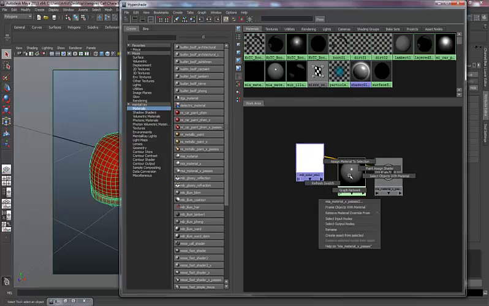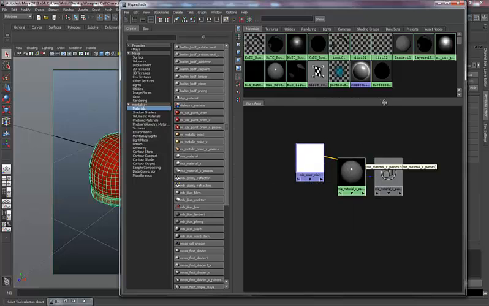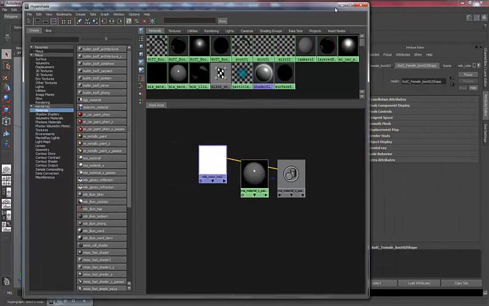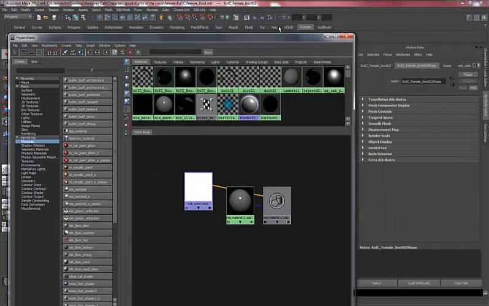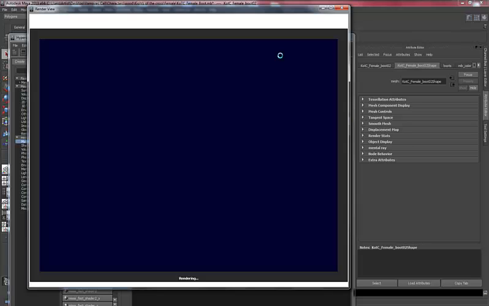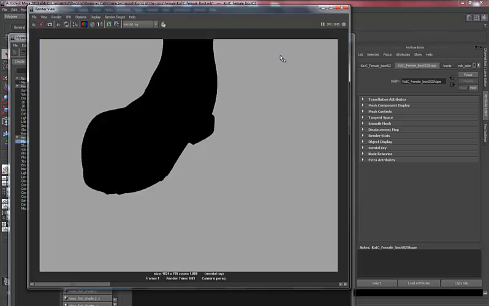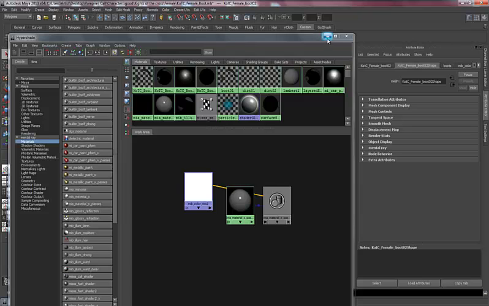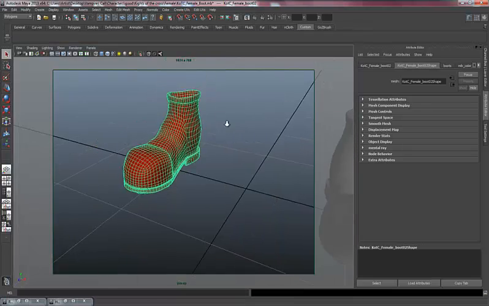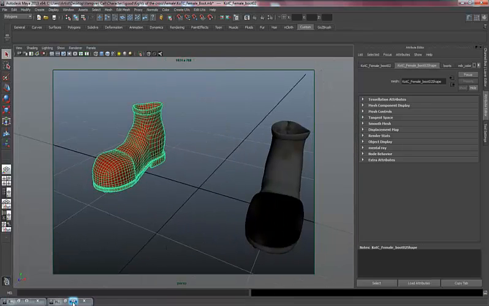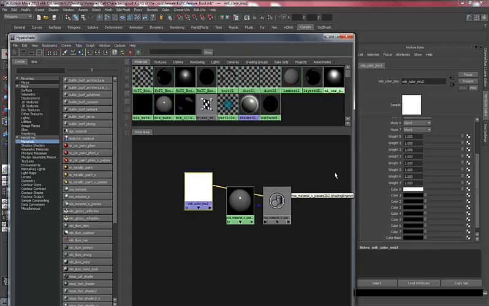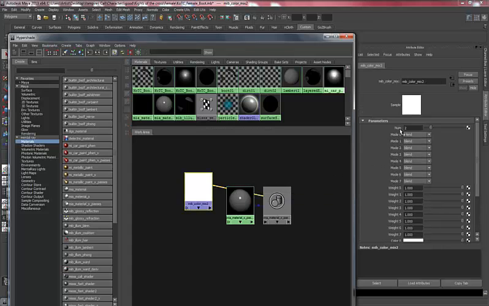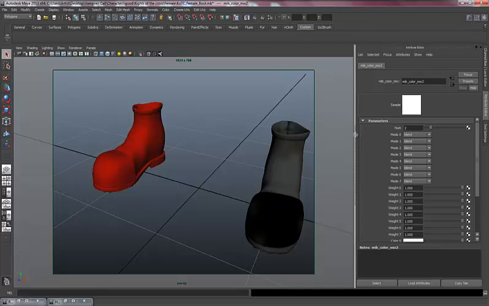So with my boot selected, I'm going to assign this new material to my boot, and I'm going to click render. As you can see, there's no colors or any values to it. So we're going to have to create that. In the Maya color mixer parameters, if we look at this closely,